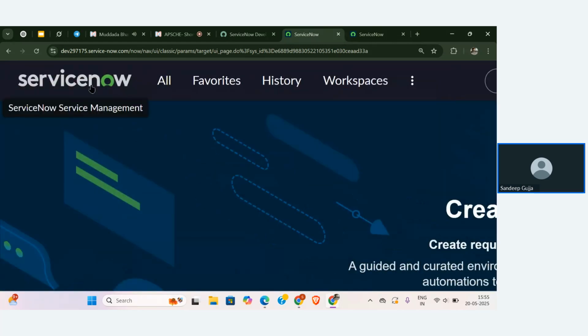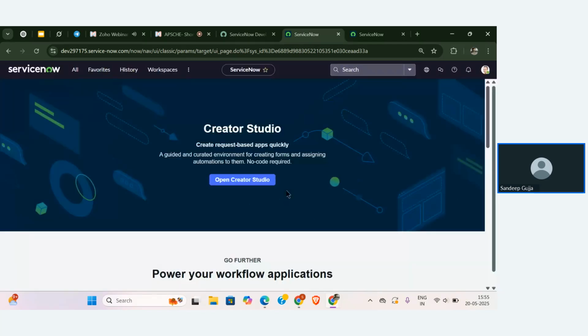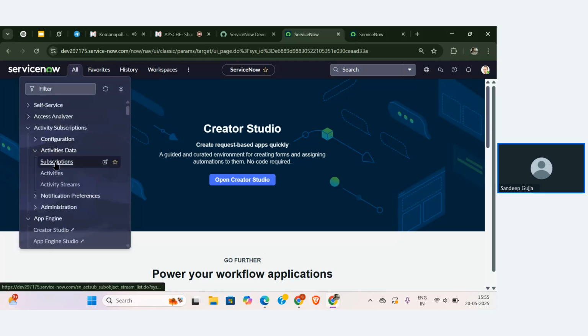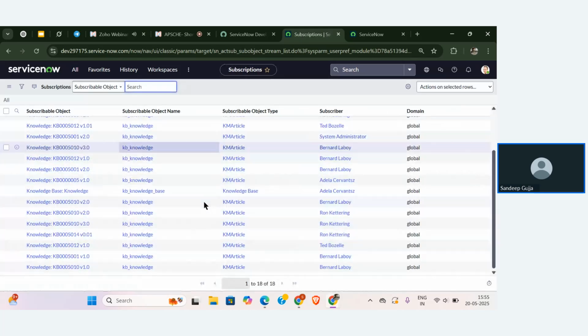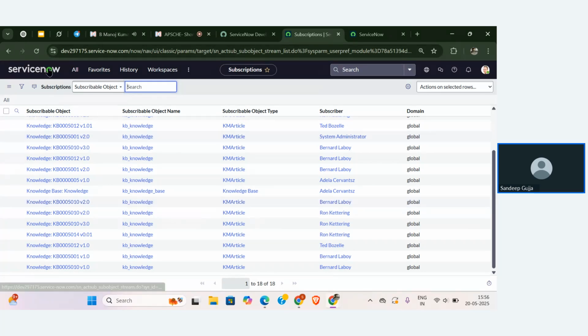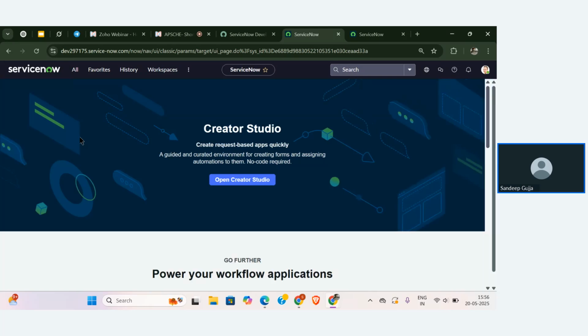So here in the top left corner, you can see ServiceNow as my logo, right? If you click on this, what is happening? It is directly navigating to this particular page. Whenever I'm starting my personal developer instance, that is, whenever I'm logging in to my instance, I see this interface. Suppose I'm working on the subscription module, or anything else, but I want to directly navigate to the first interface that I saw. What I can do is directly click on the logo so that it will navigate to the first interface.